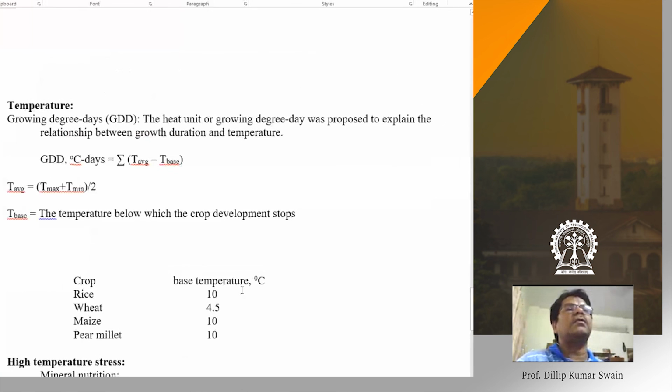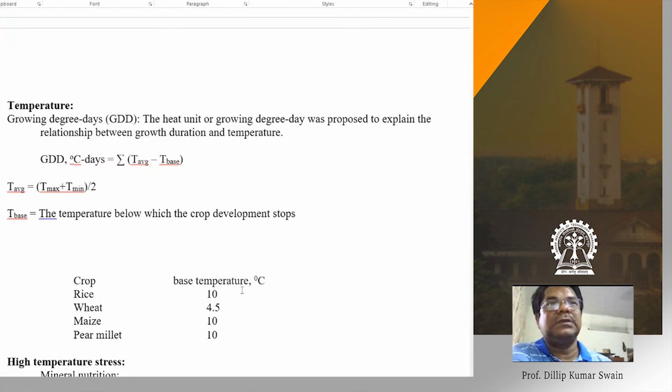This is related to biomass simulation or yield forecasting. So what is the role of temperature? In reality, temperature influences crop growth and development. Solar radiation gives a thermal effect, and there are many enzymes in the plant body, especially for photosynthesis, that are activated by temperature. Temperature plays a great role in the growth and development of the crop. But how do you use temperature for yield forecasting? Solar radiation is used for biomass simulation or estimation, and temperature is a part of that.